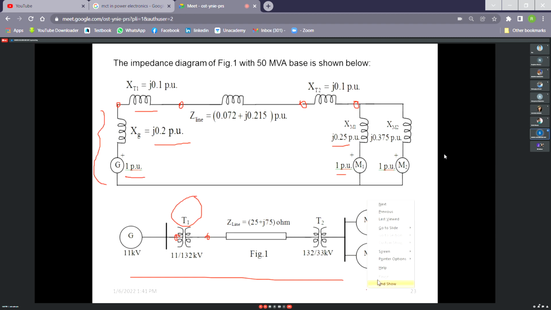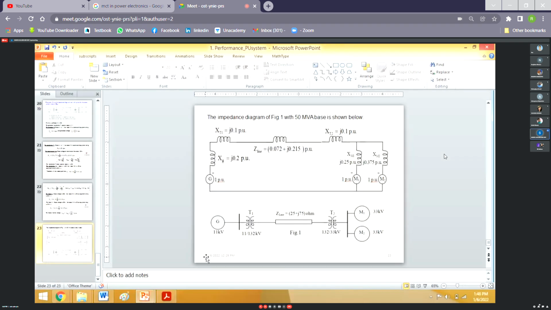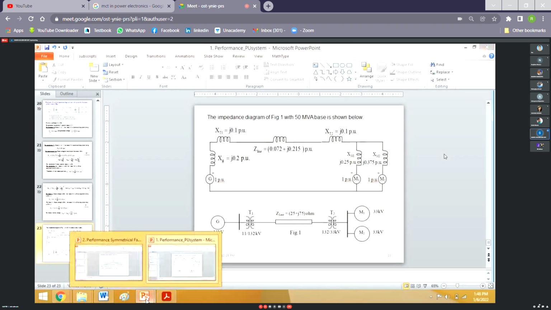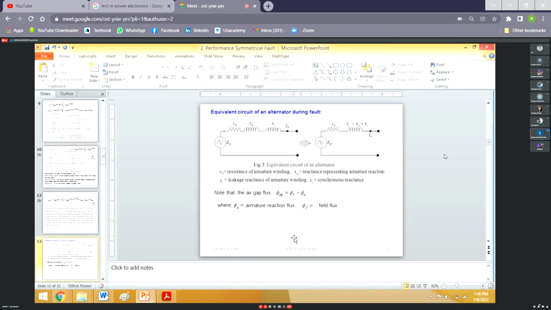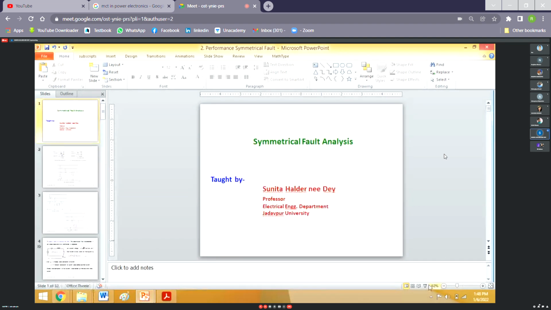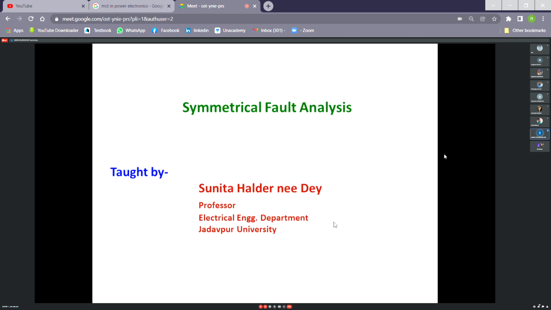So this is the part of the per unit system. So per unit system is actually the basics of learning of power system in an interconnected mode. So this is the per unit system. So let us now find its application in the fault analysis. Before that, we should know what a fault actually is.